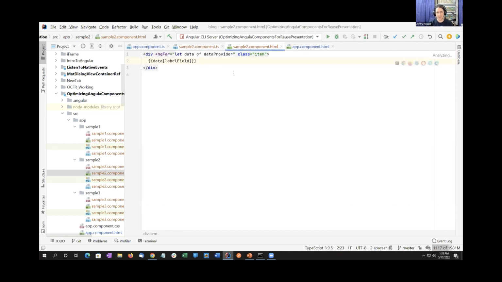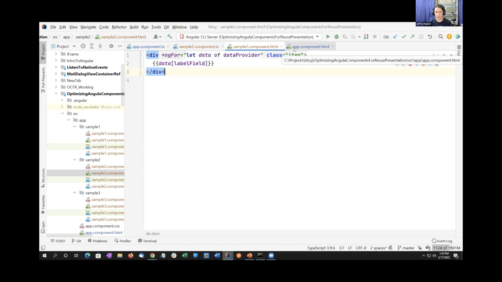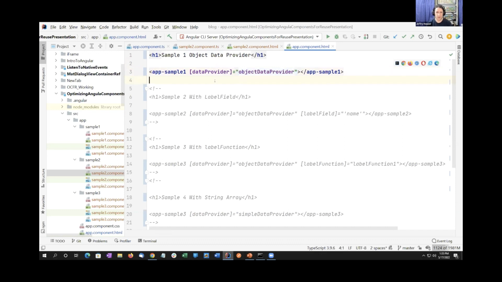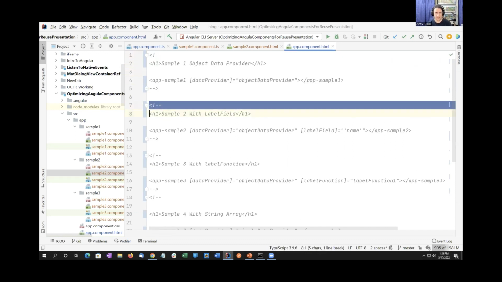And inside our HTML template, instead of data.name that we had before, we're just using the label field input to the component to do data label field. And this allows our component to be more flexible. When we go over to, I'm going to copy this one or